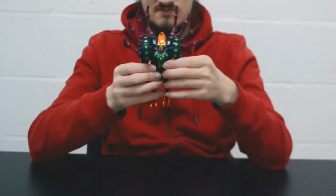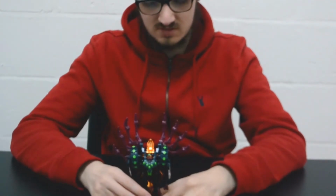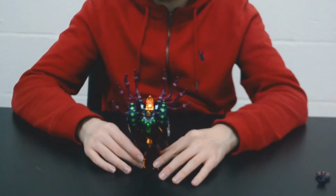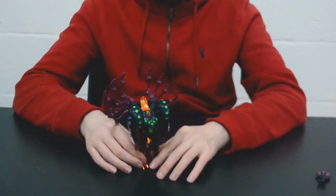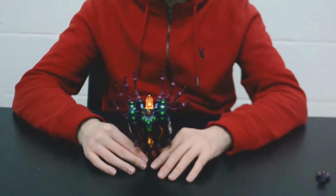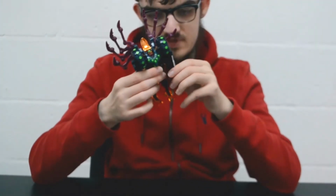Like so. And here we have Transmetal Tarantulas in robot mode. I'll get to the comparisons once I've got Waspinator and Blackarachnia into robot mode in their parts of the review. Now, this figure is just over 21 years old at this point, but it is still pretty stable because of its